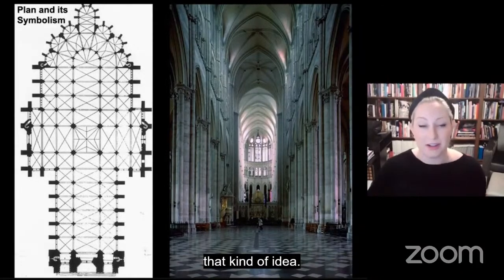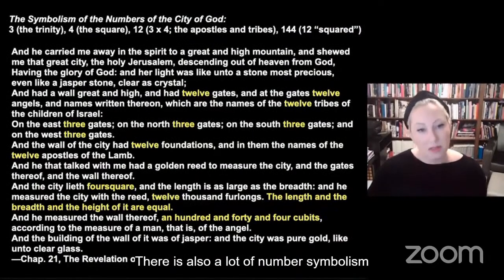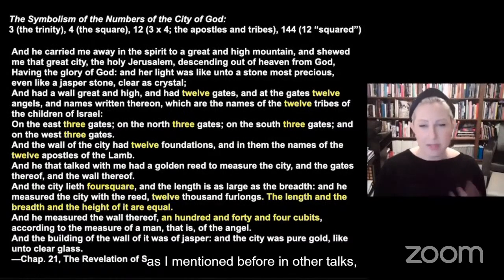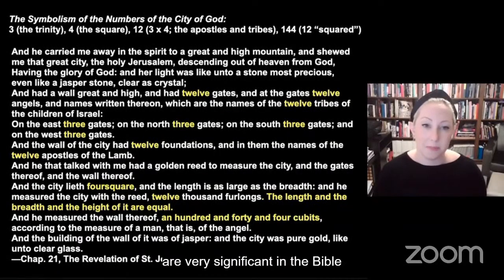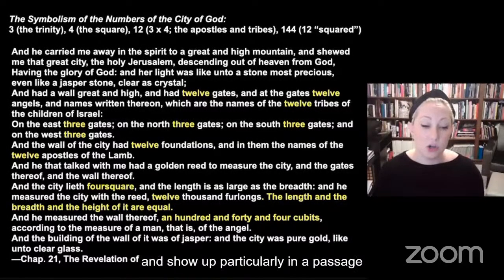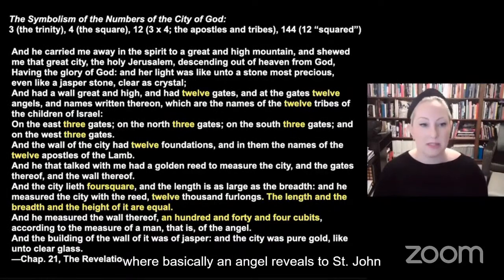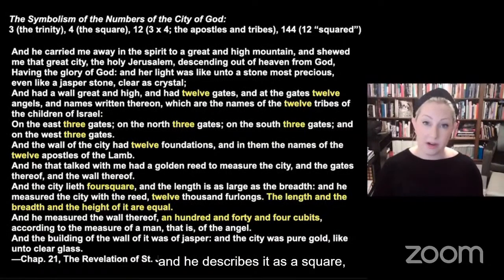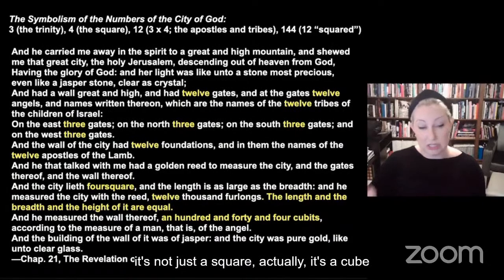We're all in this together, that kind of idea. There is also a lot of number symbolism in a Gothic cathedral, and especially at Amiens. As I mentioned before in other talks, the numbers 3 and 4 are very significant in the Bible, and show up particularly in a passage from the Revelation of St. John the Divine that describes the city of God, where an angel reveals to St. John the city of God, and he describes it as a square. And it's not just a square, actually, it's a cube